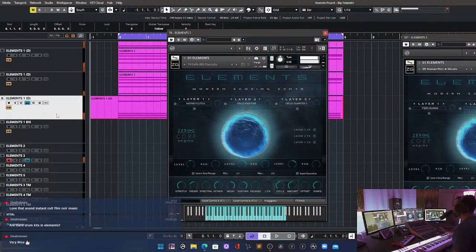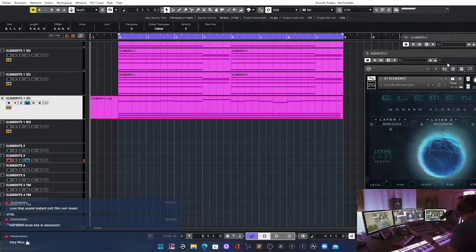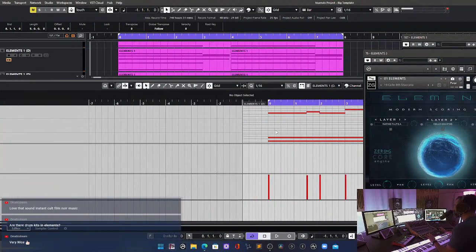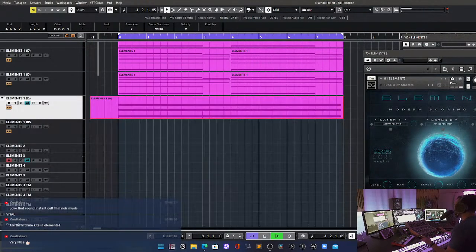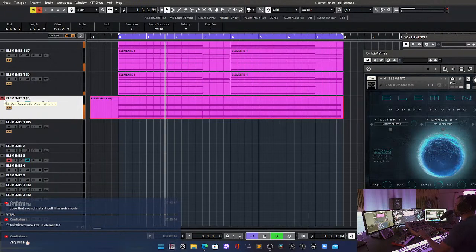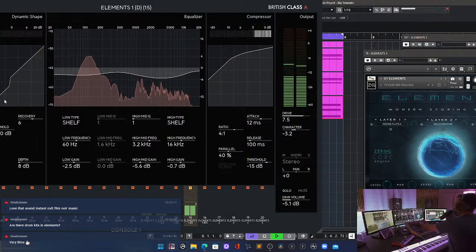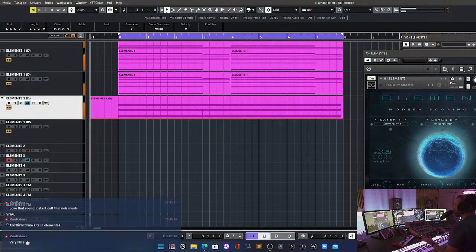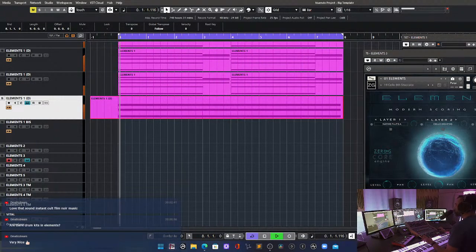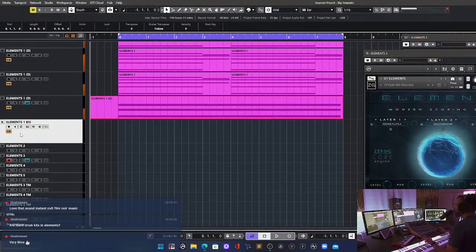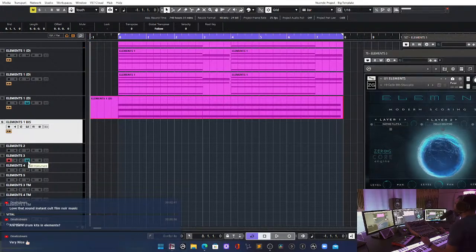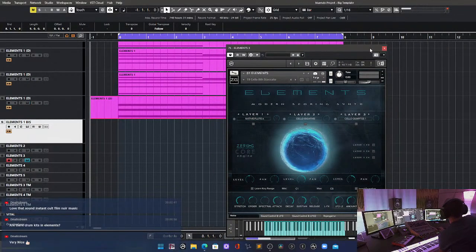Okay, I want this one. Okay, for now I don't want the Vox, just I replay, I play better. I want only this sound here that are really natural. Yeah, exactly. Sound instant cult film noir music here. Absolutely. This is for me, in my opinion, to me, the power of this library, because this is the reason